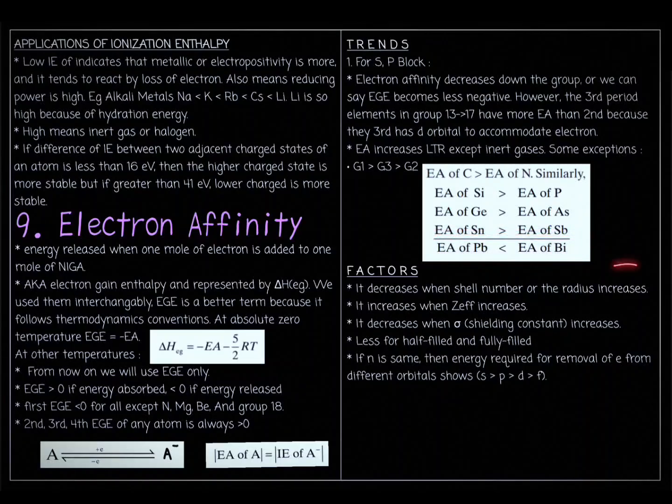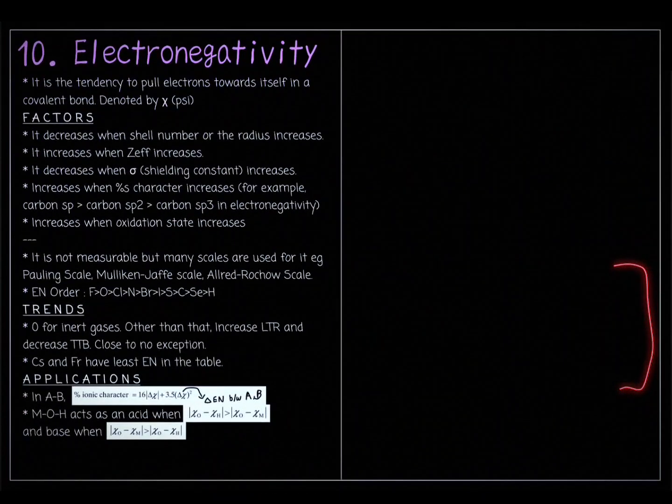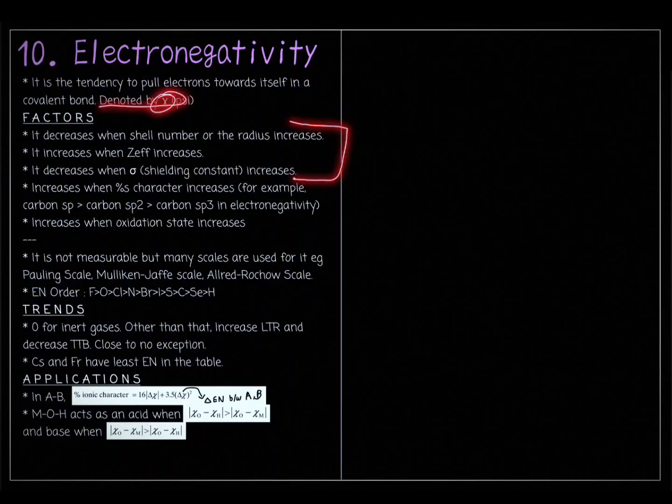And what are the factors? It has the same factors as ionization enthalpy. Lastly, let's look at electronegativity. What is electronegativity? It is the tendency to pull electrons towards itself in a covalent bond. We denote it using the Greek letter psi. And what are the factors? First three are the same as ionization enthalpy, but it increases,